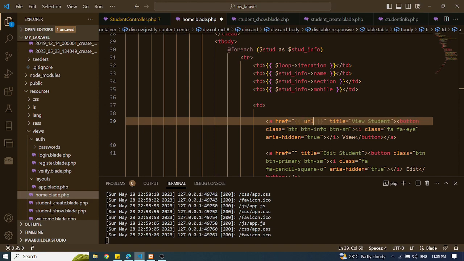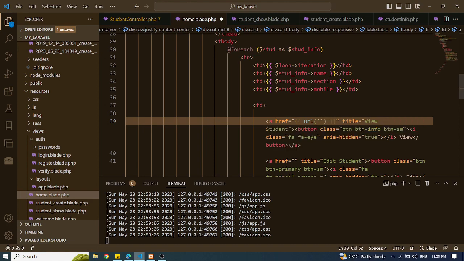URL, ayan. So we put here the URL of that. Okay, see inside the single quotation, let's put the student, and backslash, and then that. Okay, because if you still remember the student info here, this one,